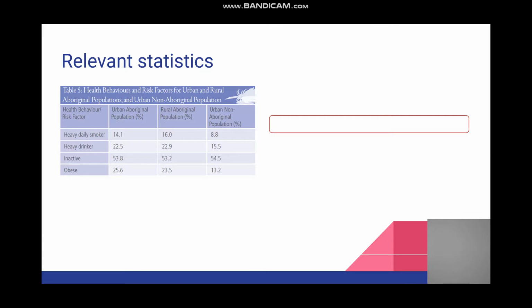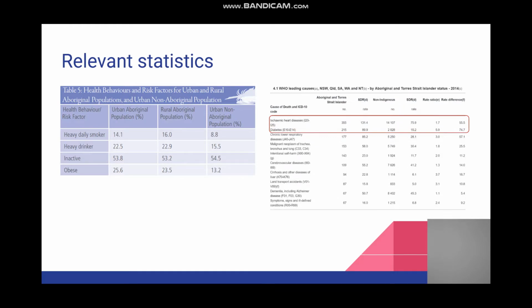And this is also the reason why we choose to study how to improve health promotion on cardiovascular disease for Aboriginal people in this assignment. And the other study has also been proven by the table in the BOA in 2014. The first two highest rates of disease for Aboriginal and Torres Strait Islanders are heart disease and diabetes.